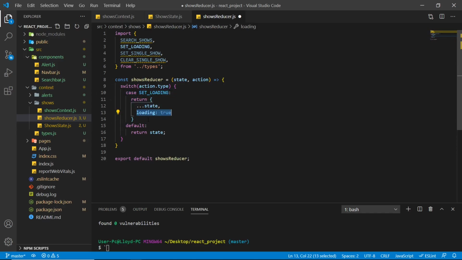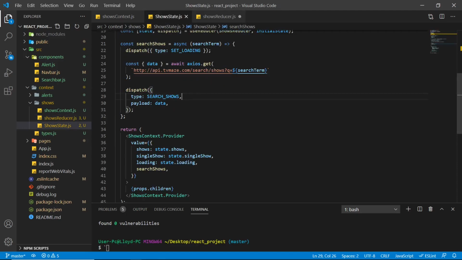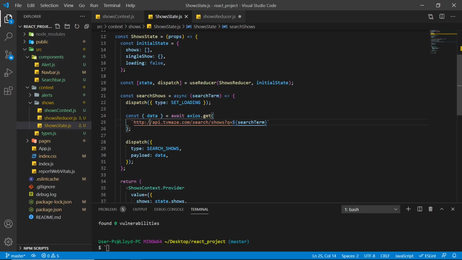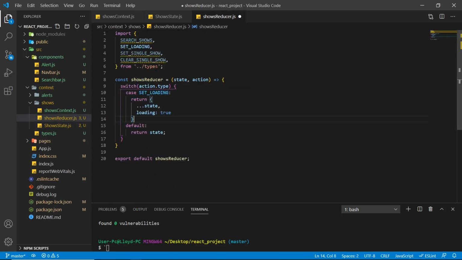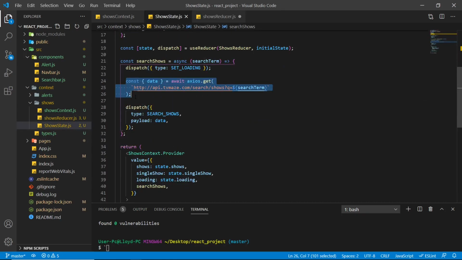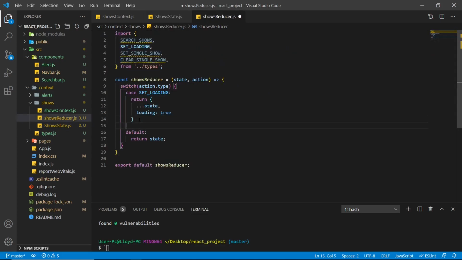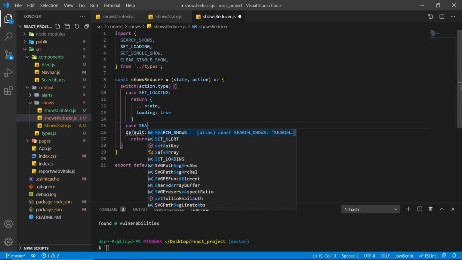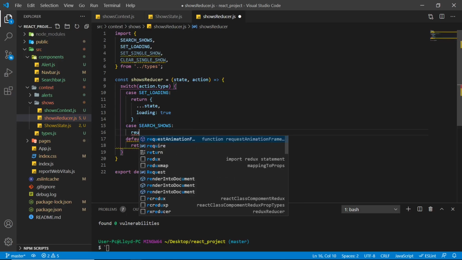So this just sets the loading to true. So it's this part right over here. We dispatch set loading, and then it sets the loading to true, and then we make our Axios request, we get our data, and then we dispatch the data into the payload, and this is the next thing we need to check. So we can say case search shows, we want to return,